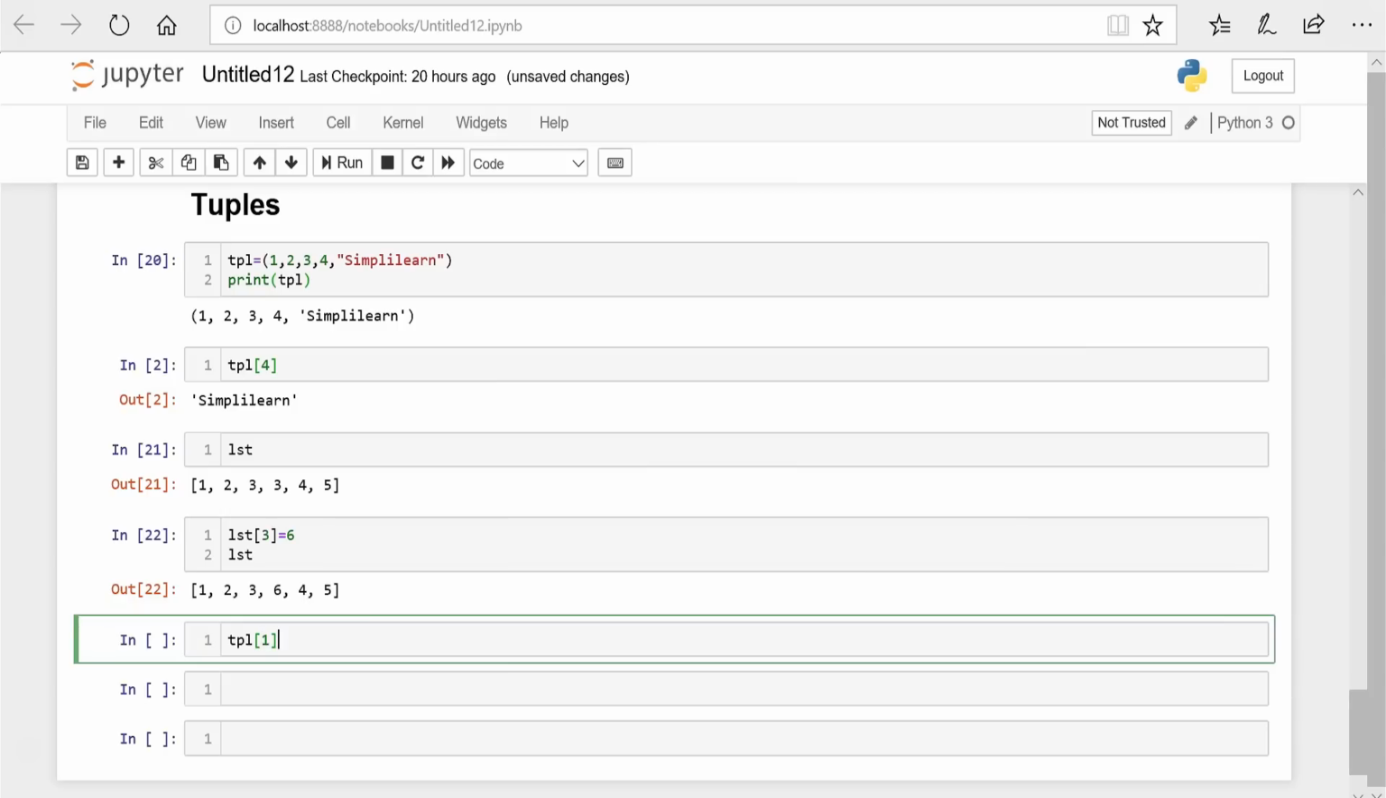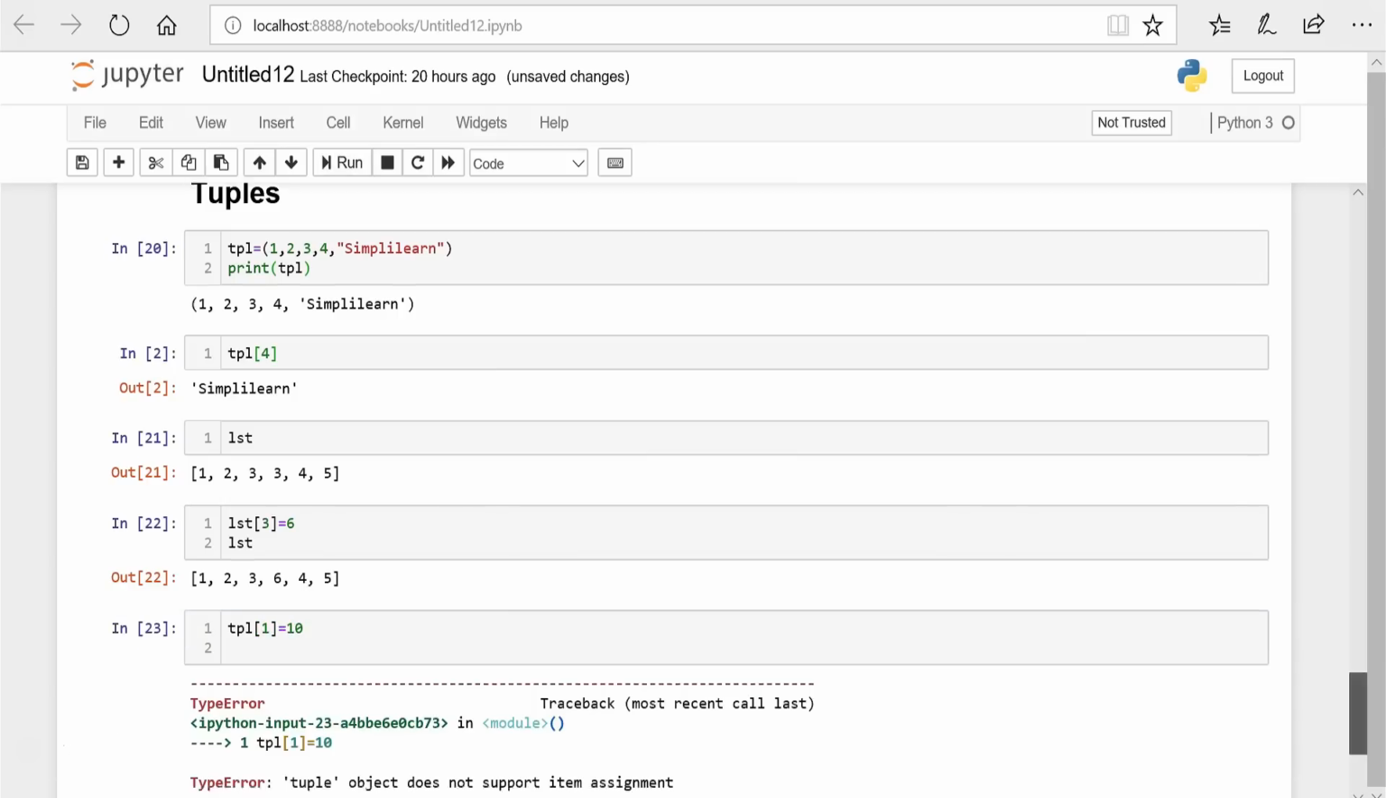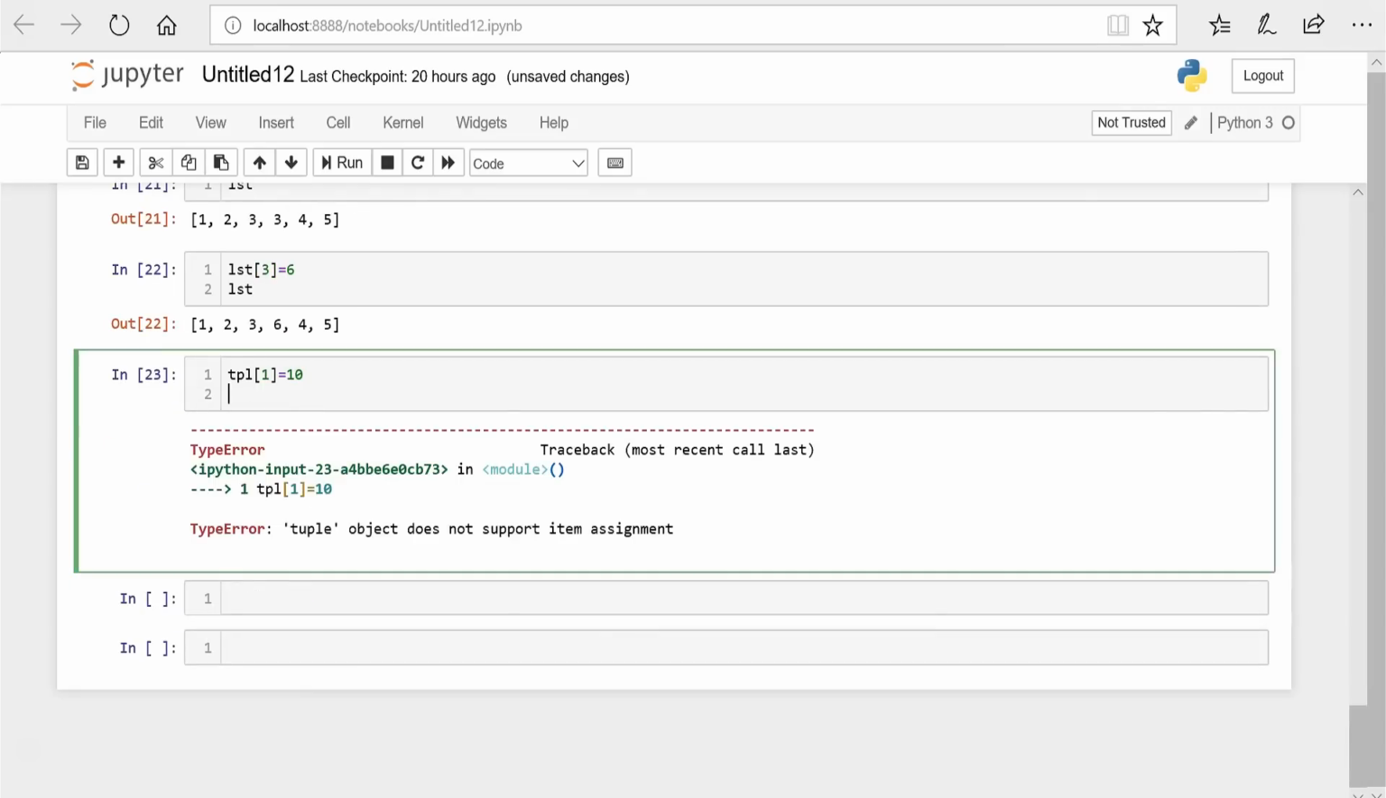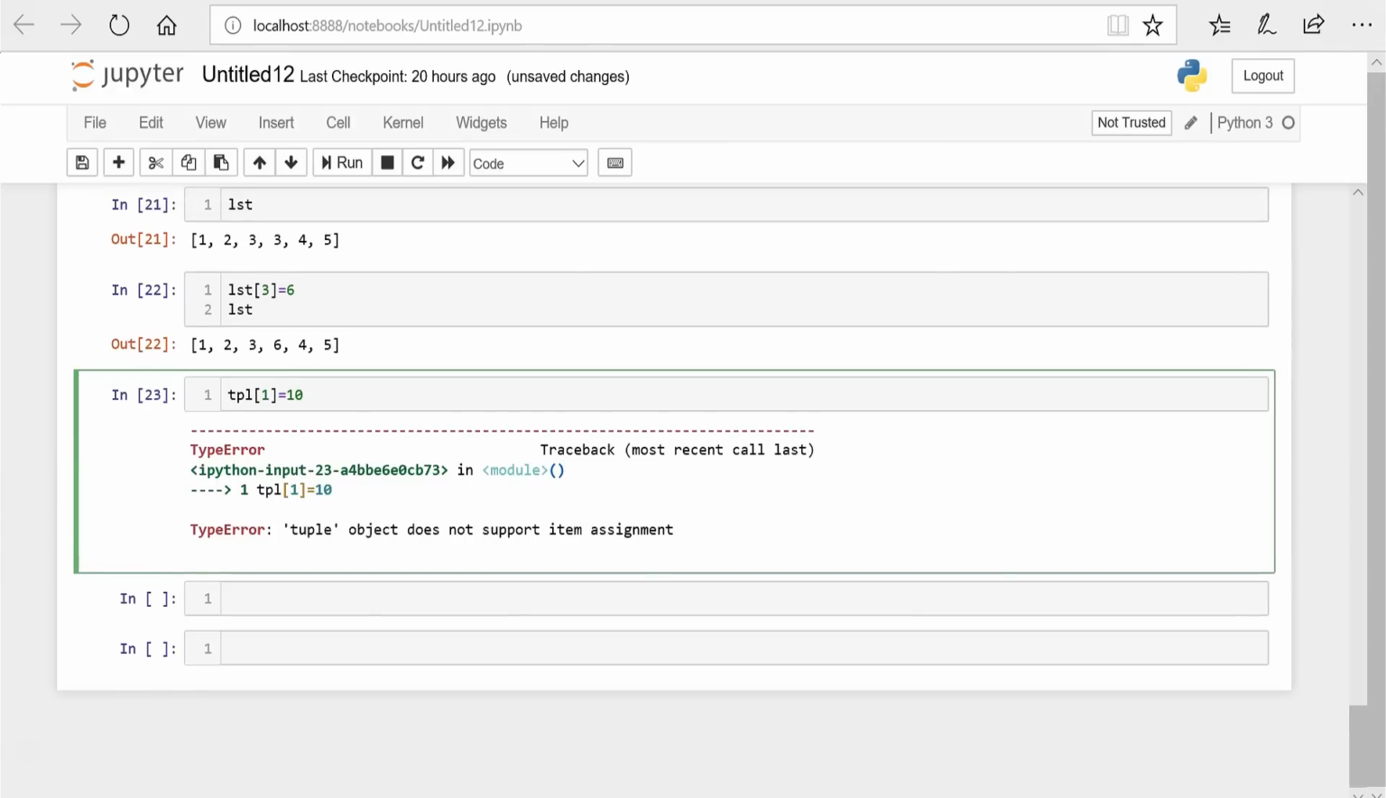So I could say tpl1 equal to 10. Following the same syntax, run this code and you see here an error has occurred. So this is what I mean by tuples being immutable. Unlike lists, lists were prone to changes. You can change them whenever you like. Tuples, you cannot do that. So the first time you create a tuple, ensure that it's exactly what you want. Now tuples are usually not used for this very reason, but it's good to know about the various data types